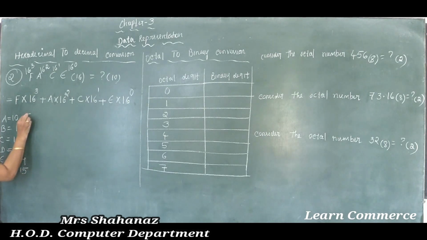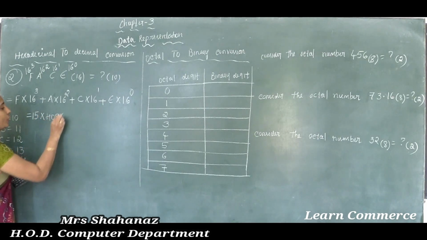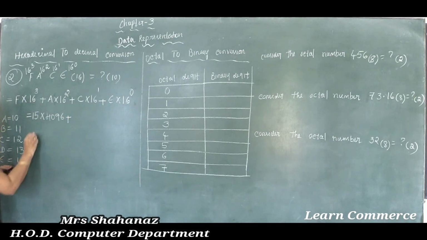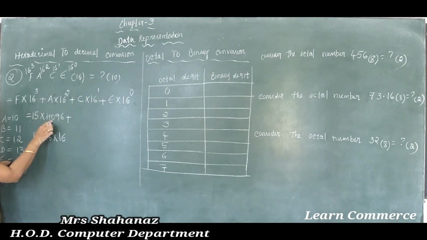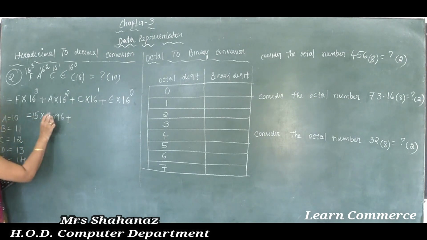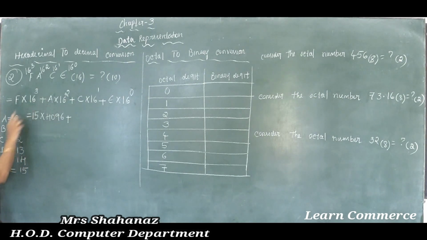Now we'll use the F value, as we know it's 15. So 15 into 3 times we need to make the calculation of 16, correct? 16 into 16 into 16. So the value will be 4096. 16 into 16 into 16, 3 times, clear this one? So the value will be 4096 here, plus